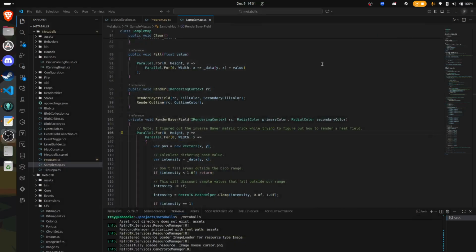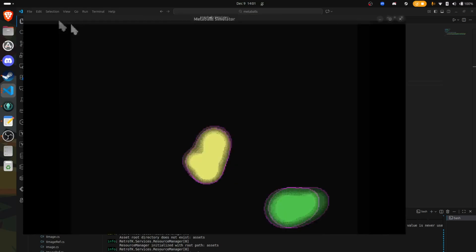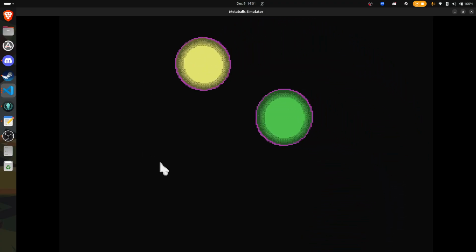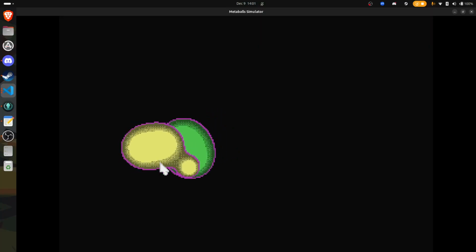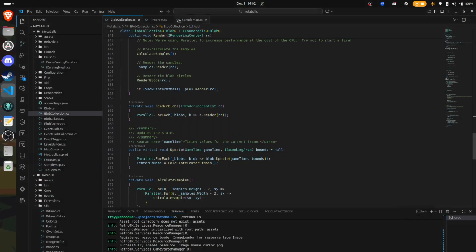Now, got one final thing to show you, and that is the blob critter state. We'll start with the demo. Now I have 2 metaball collections, and you can see they kind of follow the mouse around. I had to do a lot of math to make this work right. Watch this. So we'll go back to,